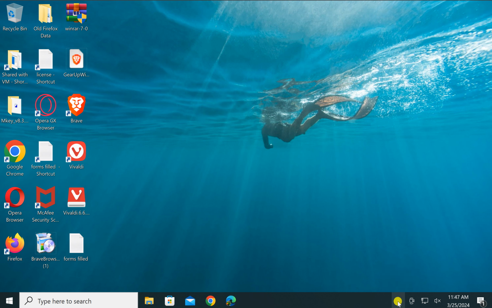In case you want to permanently display this Bluetooth icon in the taskbar, just select this Bluetooth icon and drag it to the free space on the taskbar. It will permanently sit on the Windows 10 taskbar.